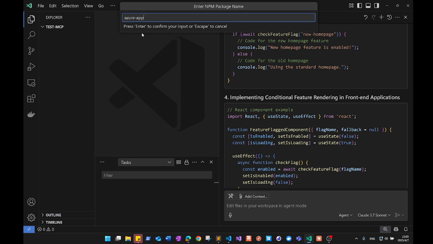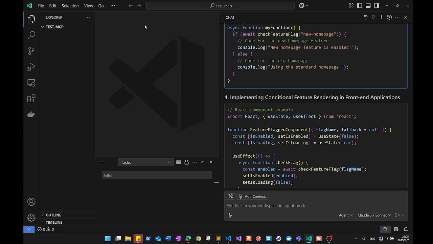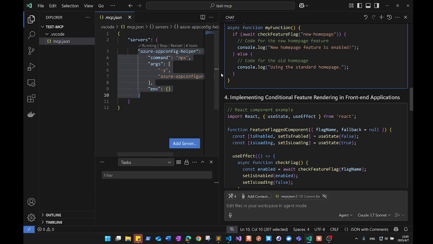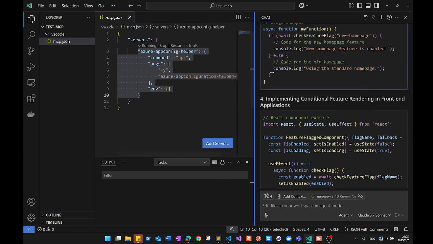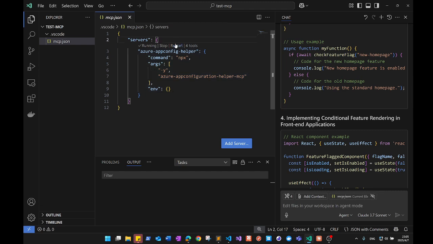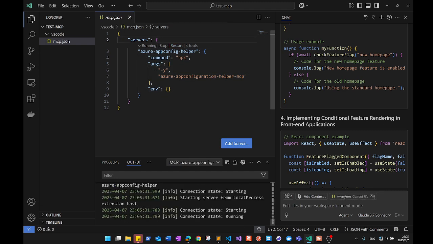And now I'm typing the package name, azure-app-configuration-helper-mcp. Allow. I will put it in the workspace instead of the user settings. Okay, great. So now the MCP server is added, and now let's restart the MCP server to make sure